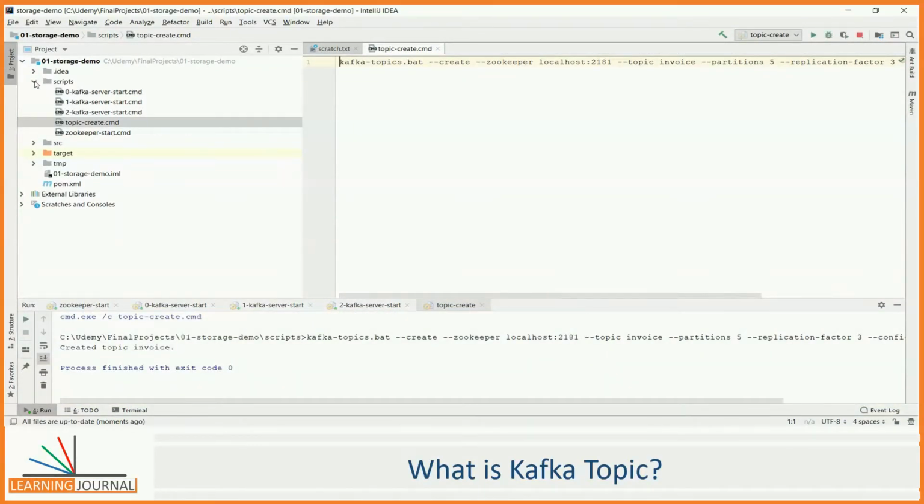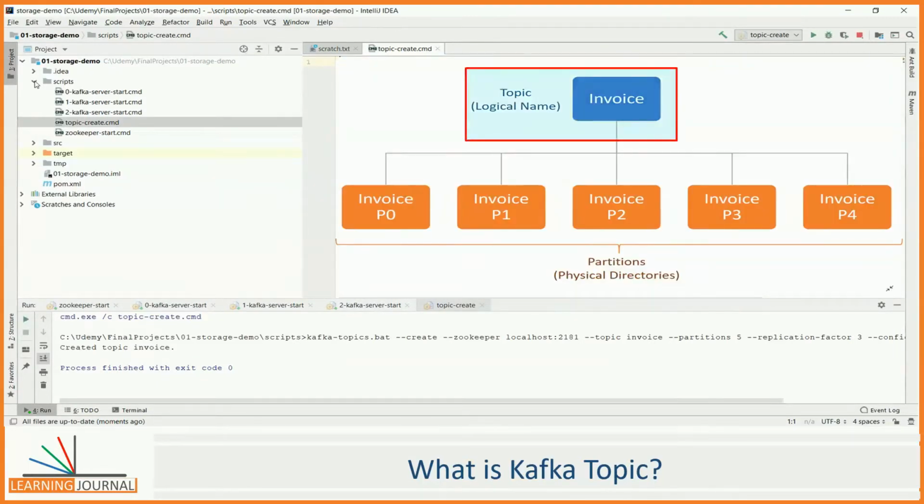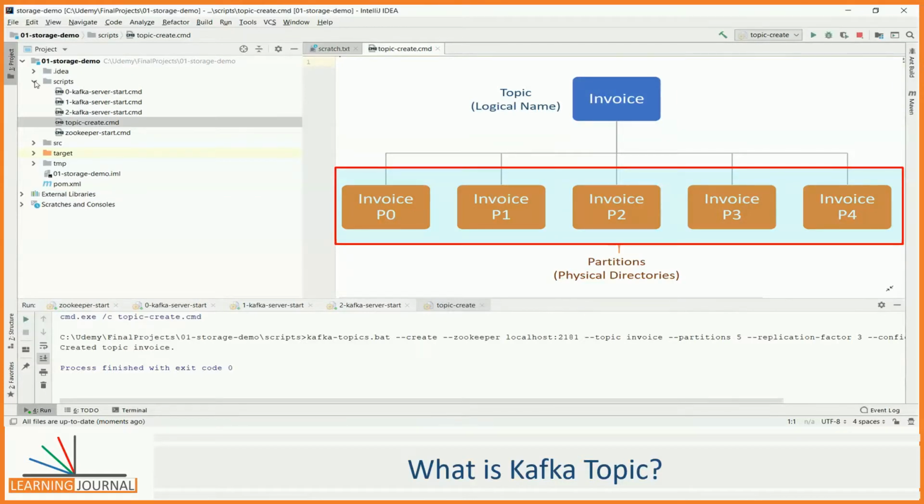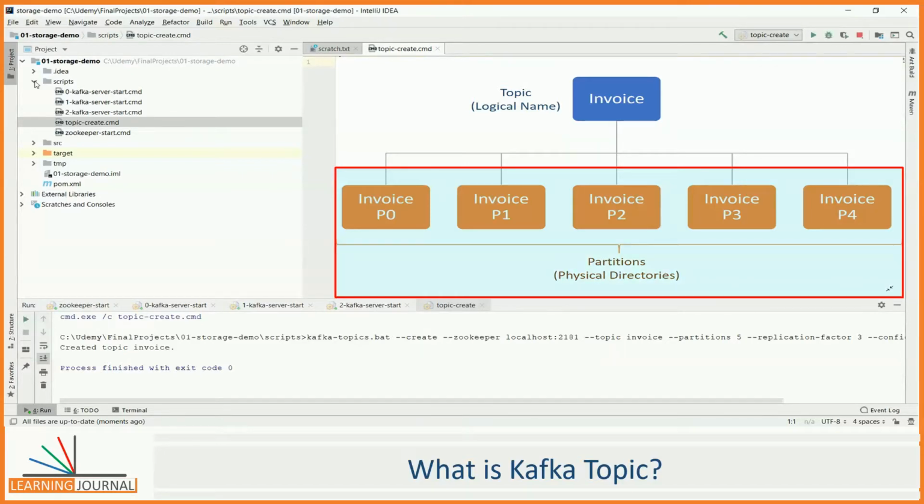Now, let me talk about the topic partition. What are they? In Kafka, a single topic may store millions of messages, and hence it is not practical to keep all those messages in a single file. The topic partitions are a mechanism to break the topic further into smaller parts, right? But what does it mean for Apache Kafka? For Apache Kafka, a partition is nothing but a physical directory. What does it mean? It means a simple thing.